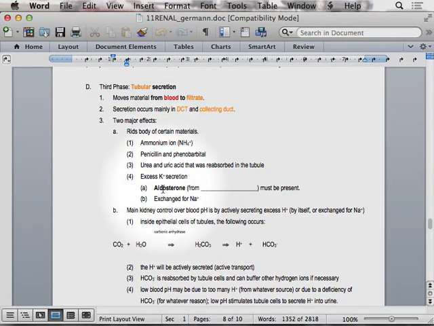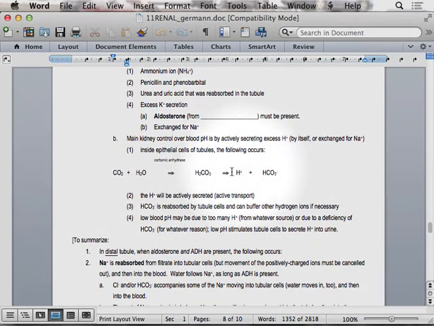And then, of course, if I had any excess potassium under the influence of aldosterone, I would do potassium secretion, yes? That makes sense? Okay. So potassium secretion happens because of aldosterone. Sodium reabsorption happens because of aldosterone. And aldosterone comes from where? You know. The renal cortex. And, of course, it's exchanged for sodium. Does that make sense? Okay, so the main kidney control over blood pH is with deciding what to do with